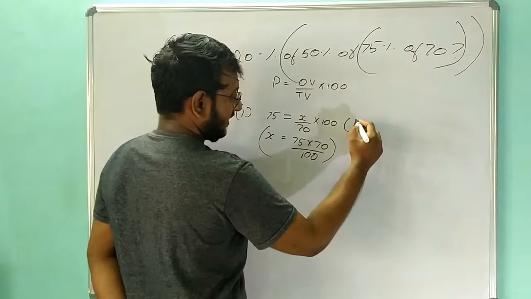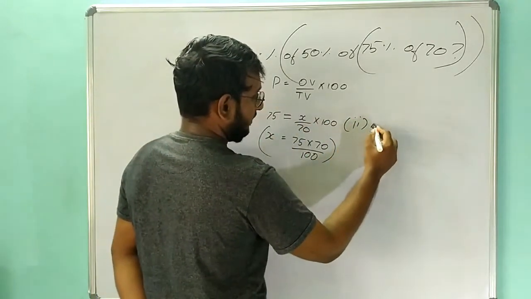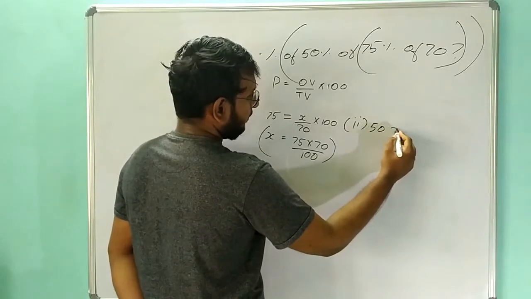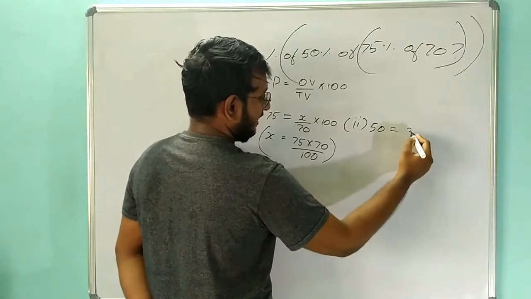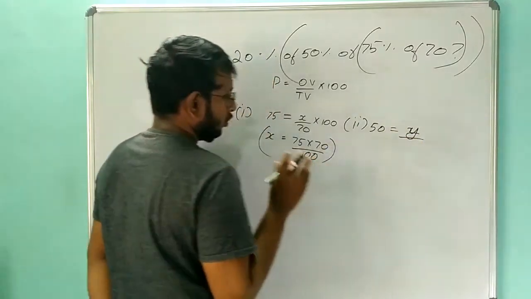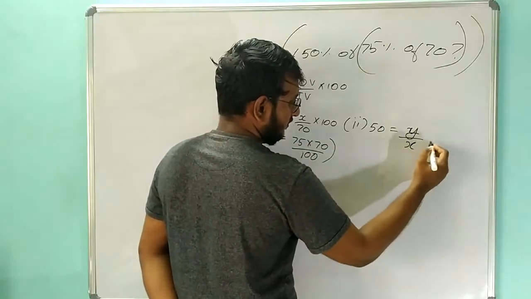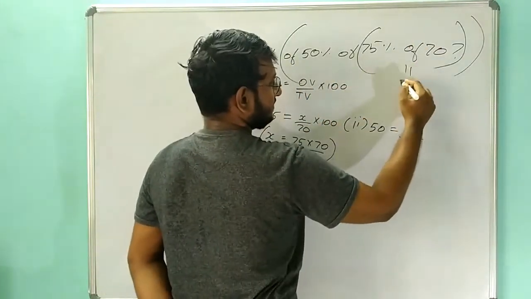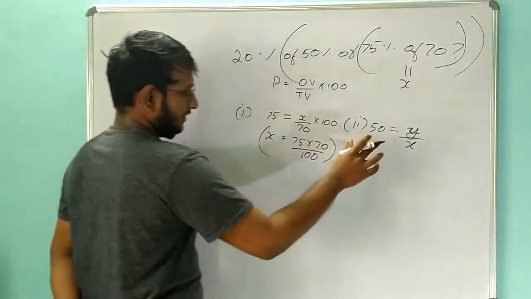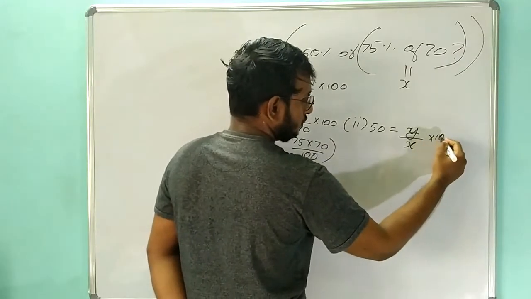Now we are going to find the second part. So let's say we are going to find this 50 percentage of x. We don't know what x is. Let's take that as y, okay? Now to clear the confusion, we will take y, then we will take x. That is, x is nothing but this part. This is the x part, right? So we are going to take y divided by x into 100.